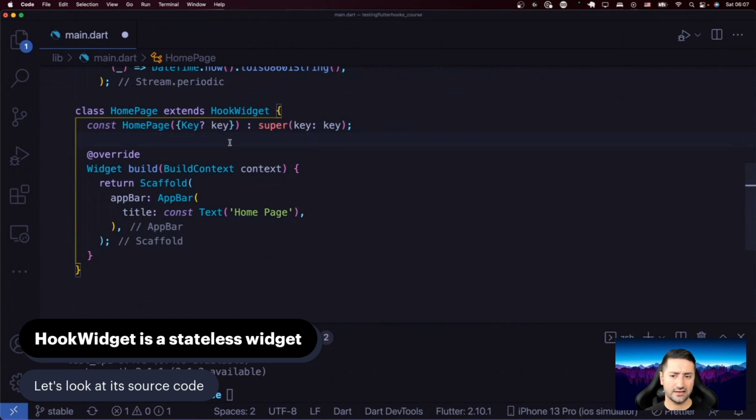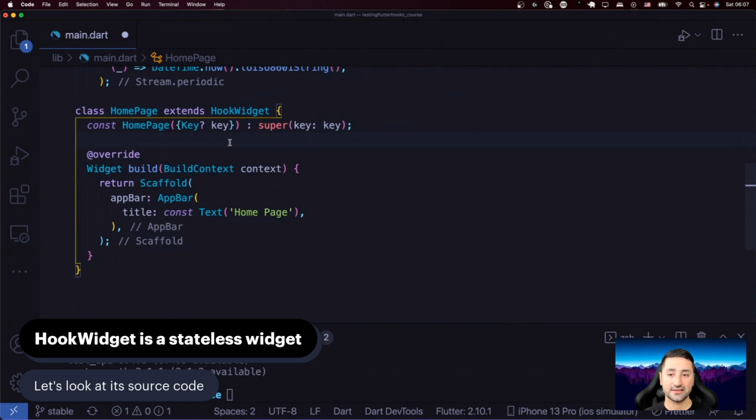So it's kind of a strange thing to think about, but it is purely magical, to be honest with you. It's just that the implementation makes it so that you don't even have to create a stateful widget, because you're not holding onto any state yourself. So remember, whenever you're using any hooks, you need to make sure that the widget consuming those hooks is